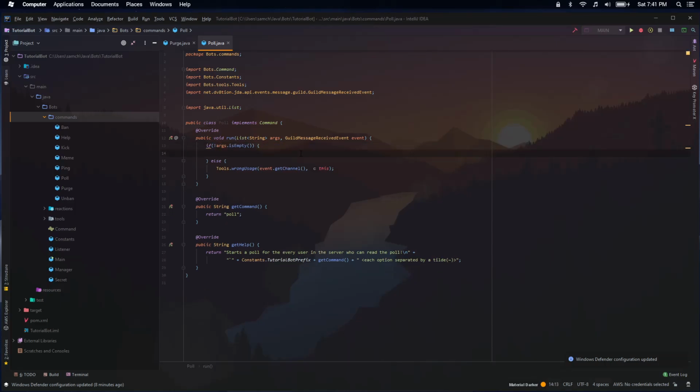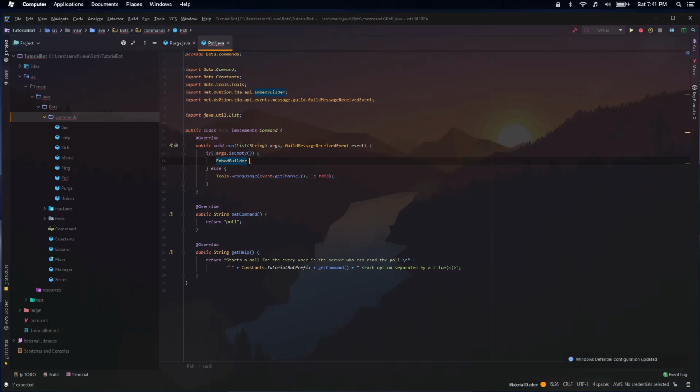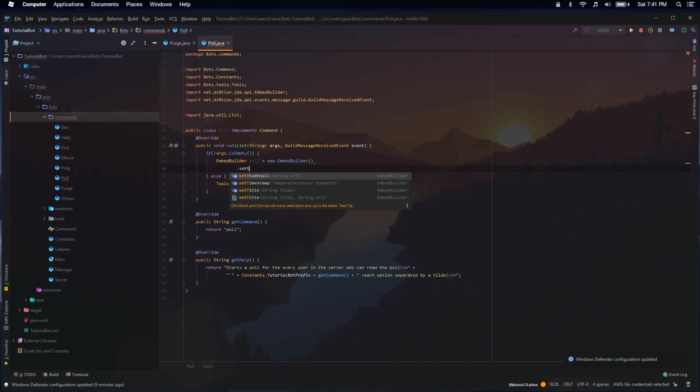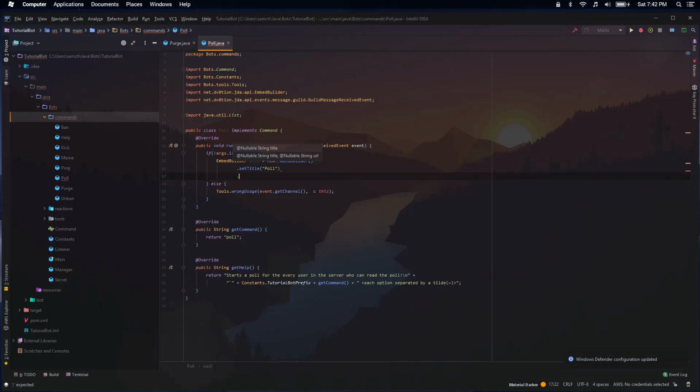In here, we have to create an embed builder. Name it whatever; I'm just going to name it poll. New EmbedBuilder. Instead of putting a semicolon right there, you can press enter and do setTitle. Not timestamp, title. Do setTitle, and you can name this just poll or whatever you like, and then you can do setDescription, and this is going to be